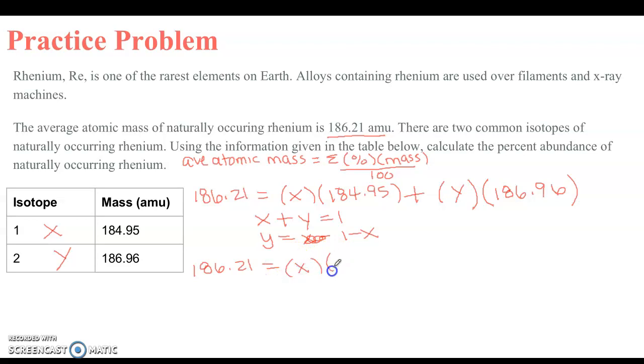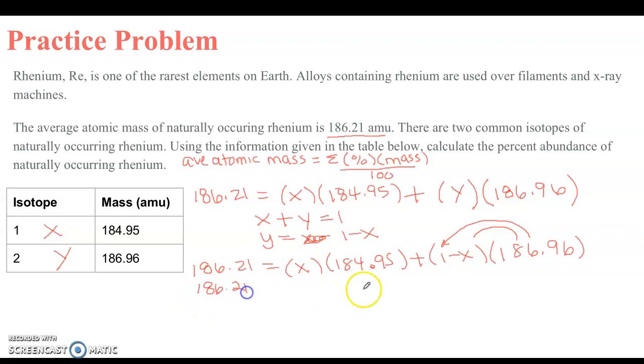So I got X times 184.95 plus 1 minus X times 186.96. Now I only have one variable to deal with. So what I would do next is I would actually distribute and combine like terms. And when I do so, I end up with